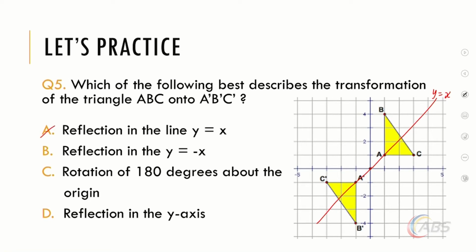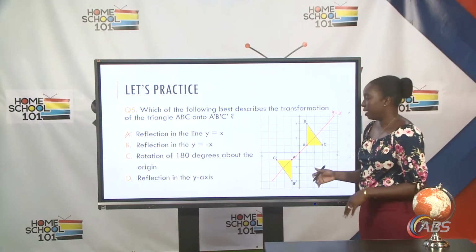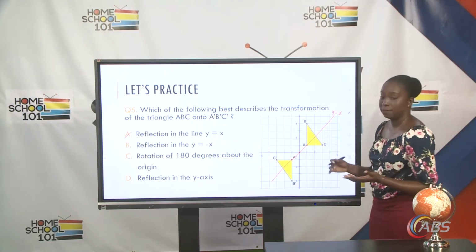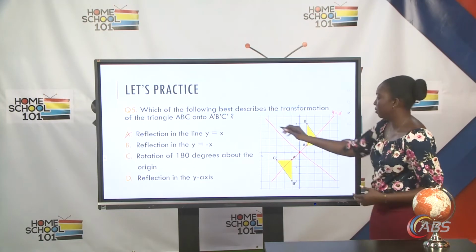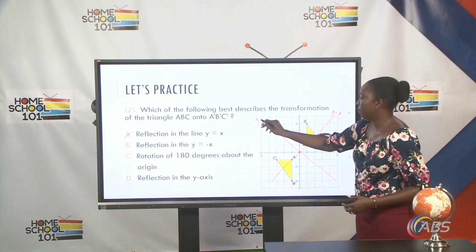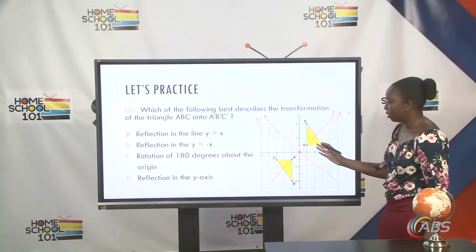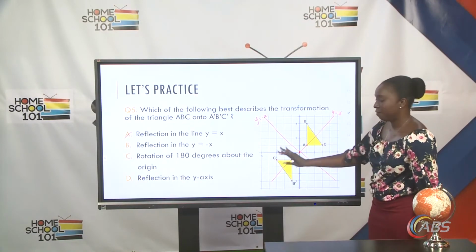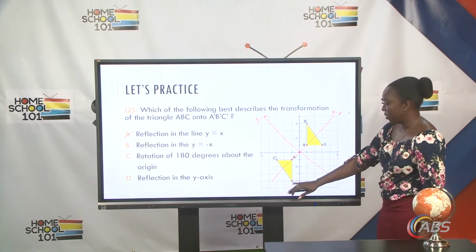Is it a reflection in the line y equals negative x? Now, this just simply means that our y values are positive and our x values are negative, and we'll know that that happens here. And so this would be our line y equals negative x. Is it a reflection in that line? If it were a reflection, what would the shape look like? I'm going to go ahead and say no, it is not a reflection, because remember, if it were a reflection, it would have flipped. And so the position would be a little bit different than what we see here for A prime, B prime,